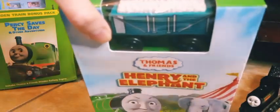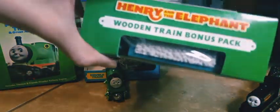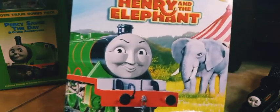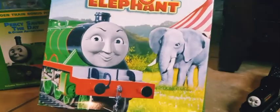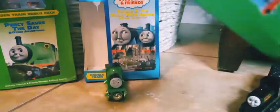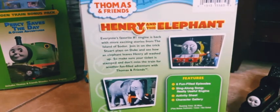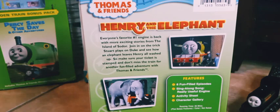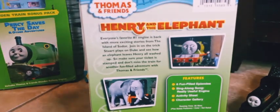There's another wooden character inside of there, but I don't know what the name is, and it's one of those carts. So there's the top, there's the front with Henry making his little silly face, along with a nice looking elephant. Actually, that's pretty cool. Anyways, you have the same thing on both sides, and then here's the back. You can see both Henry and the elephant, so this title is the one that's the most like the other ones. Second place would be the Percy DVD, and then the third one would be last place, because...